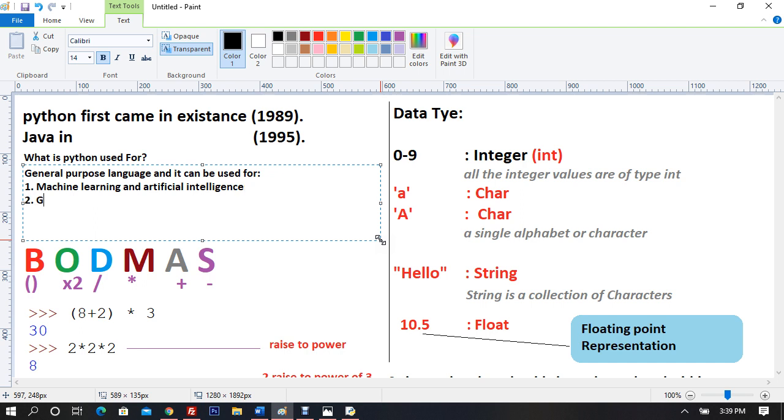Number two, it is used for GUI, which is graphical user interface development. Number three, it is used for software development. Number four, it is used for web